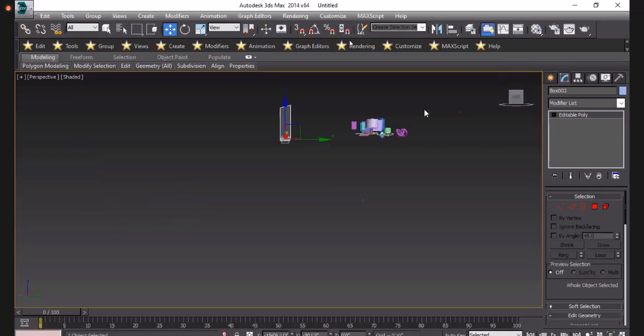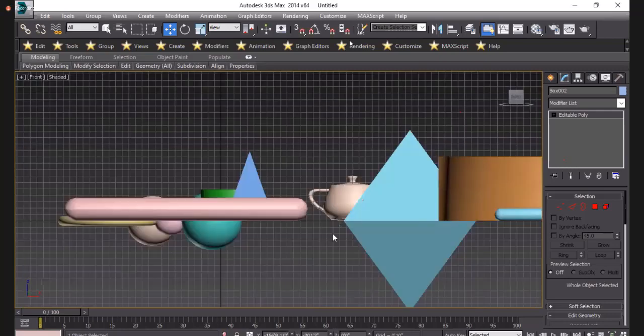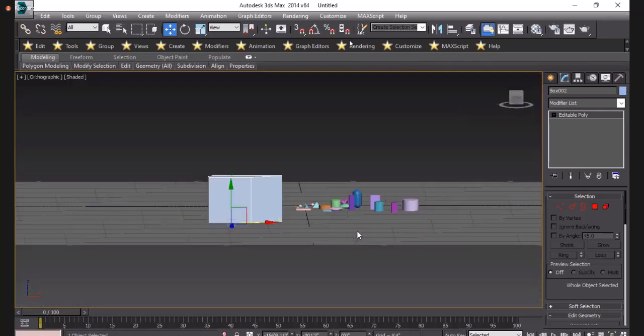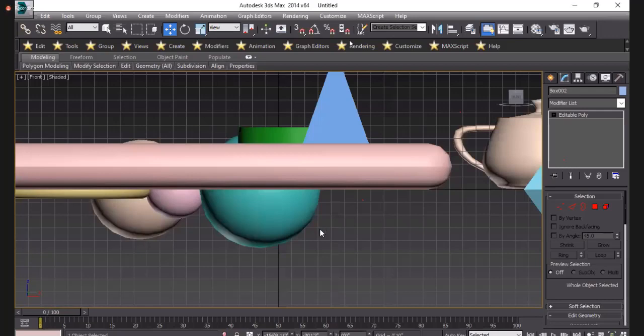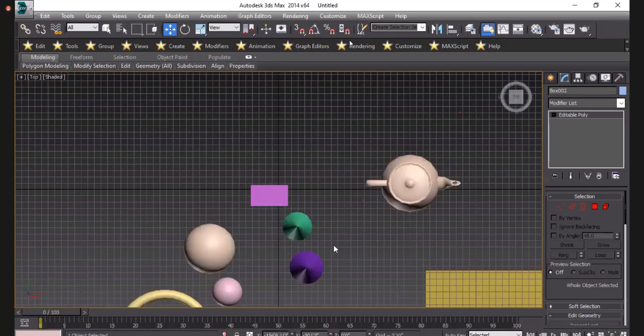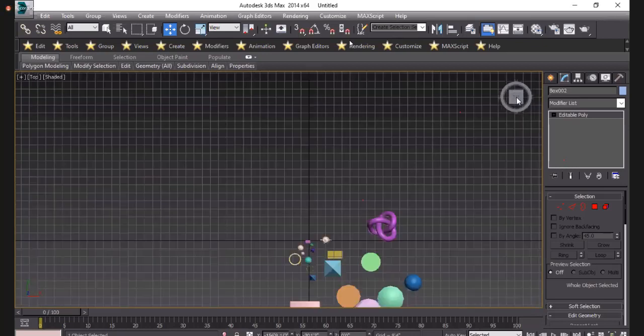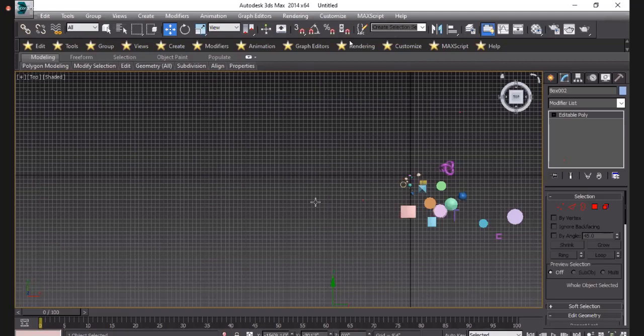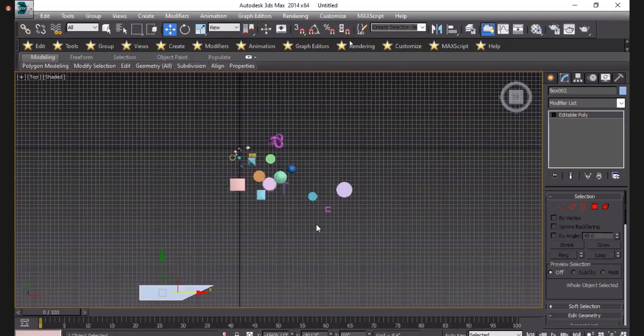Then if I want to see the front side, the shortcut is F. On your keyboard, you can simply tap on F. For the top view, simply tap on T. If you don't want to tap on the screen, you just click on your keyboard, top.